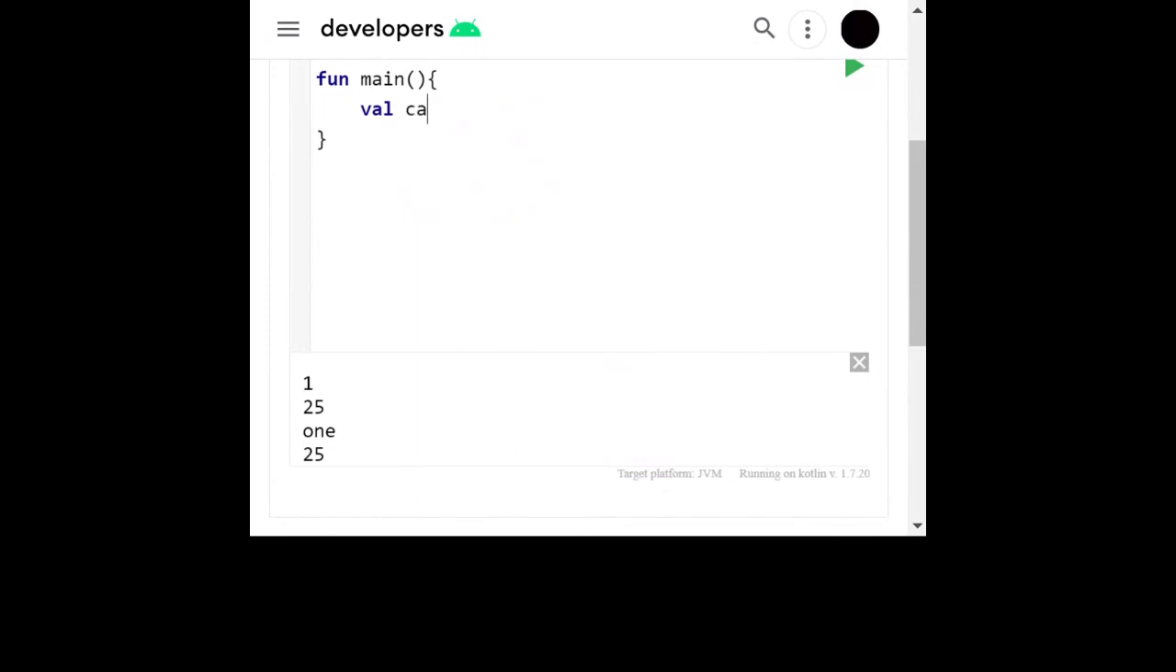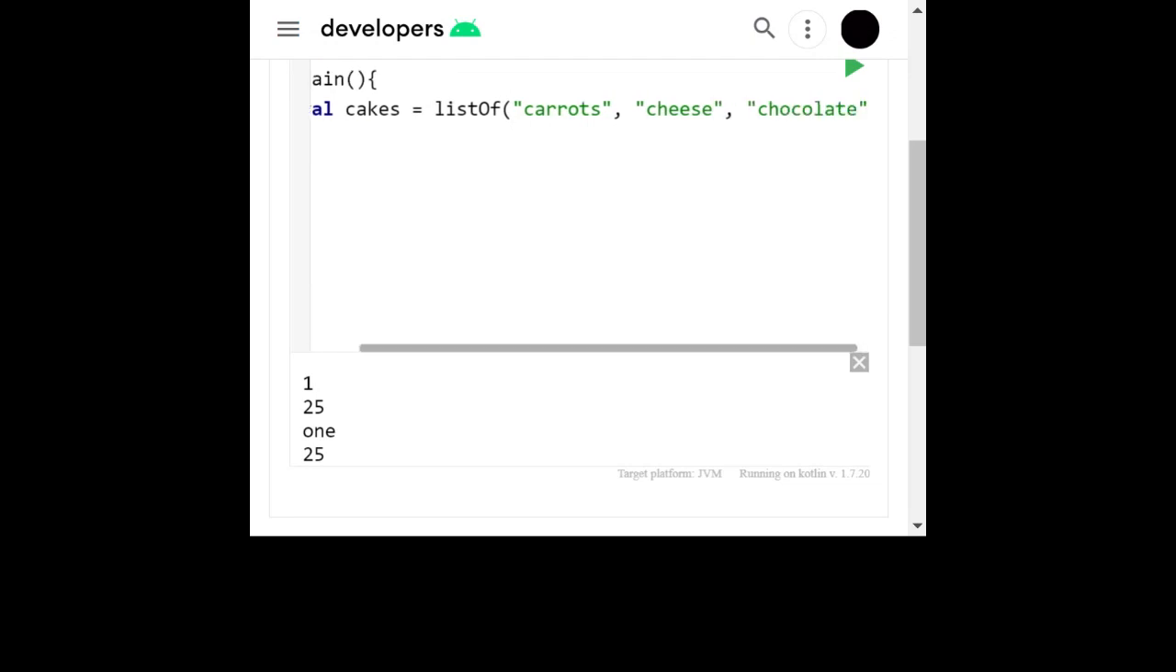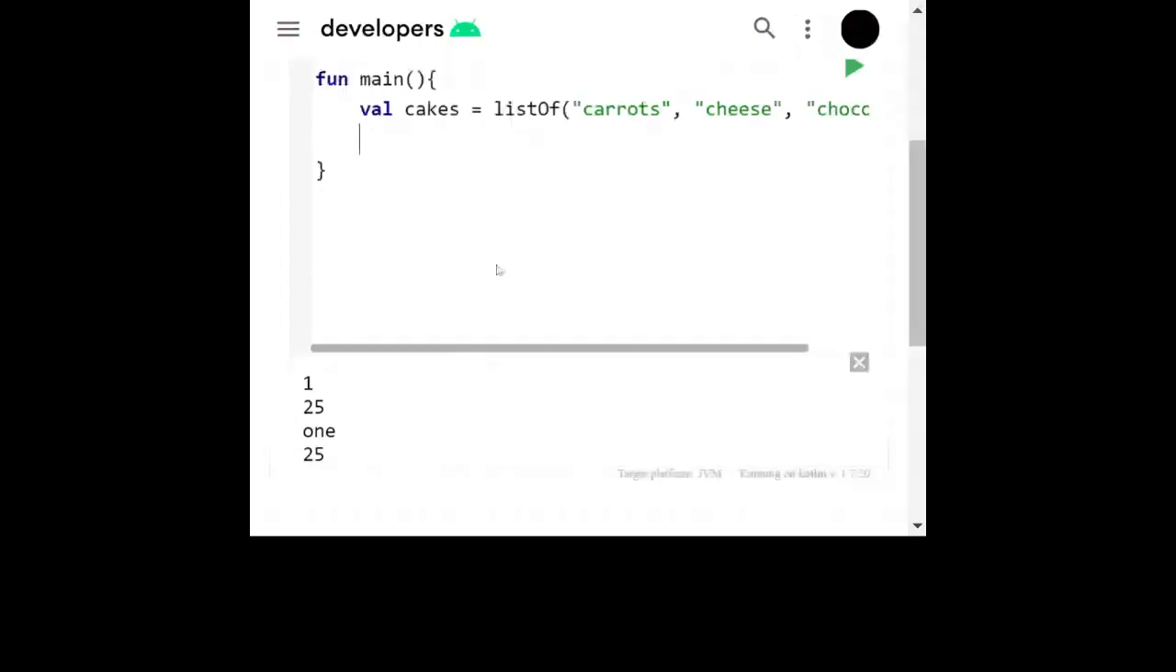suppose we create a variable called cakes, of val type, and pass a list of function. Let's say carrots and then cheese and chocolate. So this is the list I've created, and we'll take a for loop for the variable cakes in the range